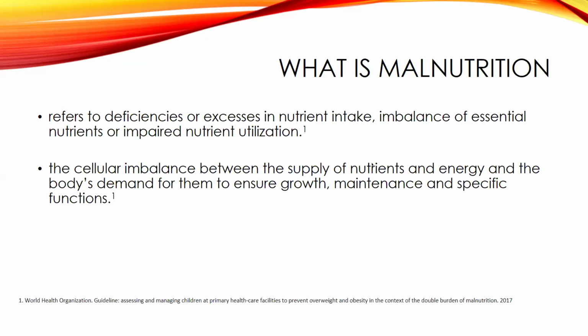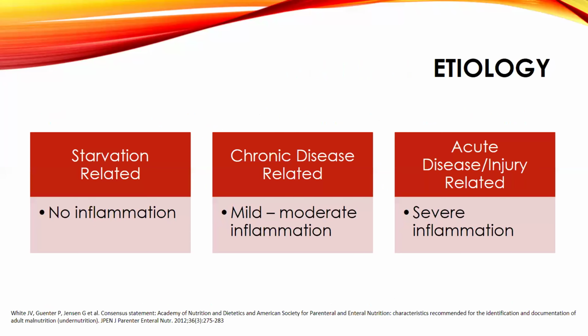So as you can see from that definition, malnutrition doesn't just result from deficiencies in the intake aspect. We also have to consider the other aspects, such as digestion and the utilization of those nutrients. So when you go into the etiology of it, it has three broad categories,